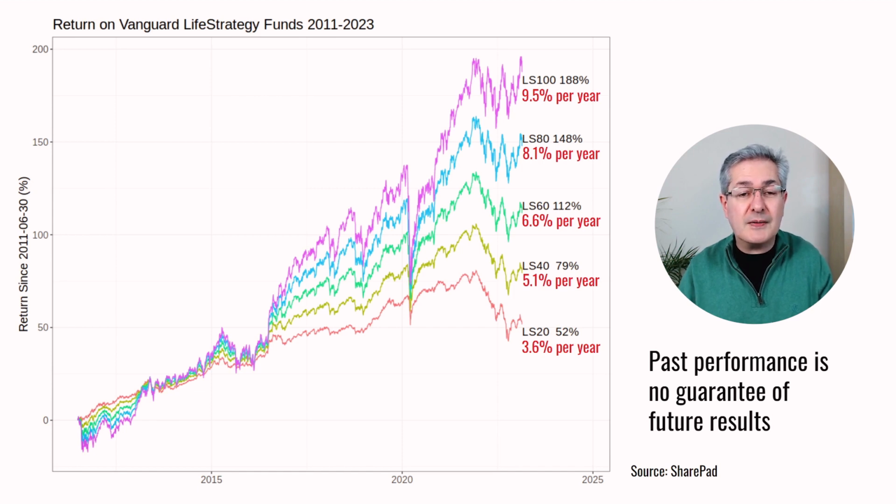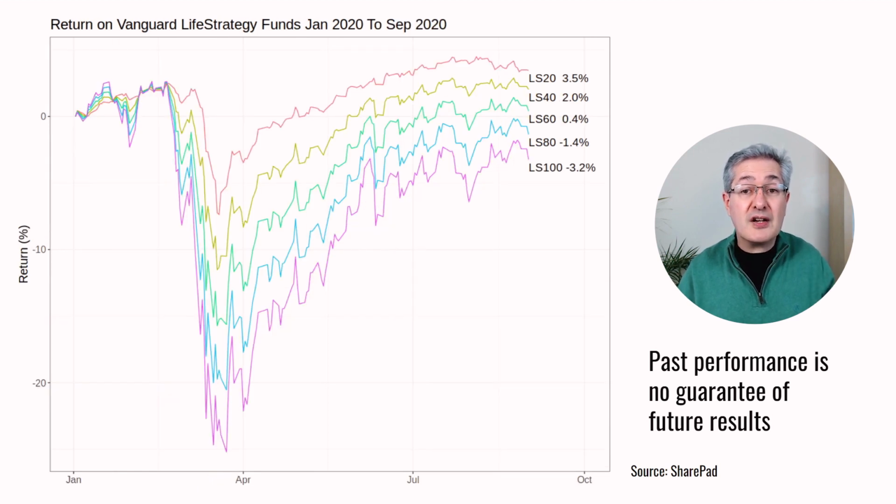If we zoom into the market crash in 2020, you can see that LifeStrategy 100 lost a lot more, almost 30%, in the sell-off and took longer to recover than LifeStrategy 20, which fell less than 10%. Bonds usually provide a safety net during stock market sell-offs, but sacrifice return, which is why LifeStrategy 20 is lower